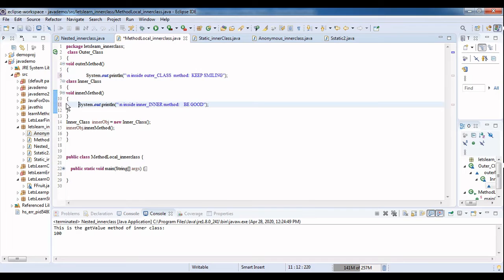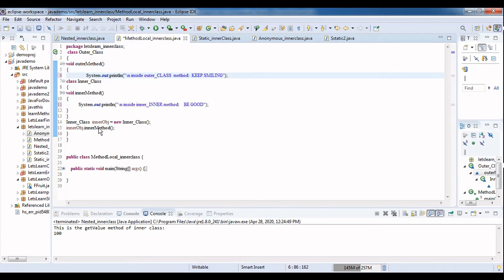Hope you are able to see two classes are there, a class within a class. The inner class is inside the outer class, both having a method and its statement to be displayed. Next, since this class has been defined inside the superclass method, see, the method has been opened, but it's not closed here. Within that method itself, we have defined the inner class, right? So this is called a method local inner class.